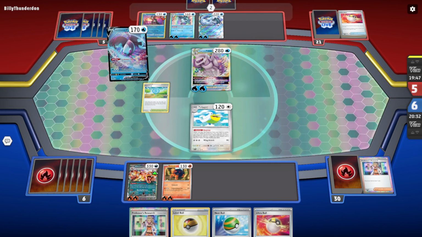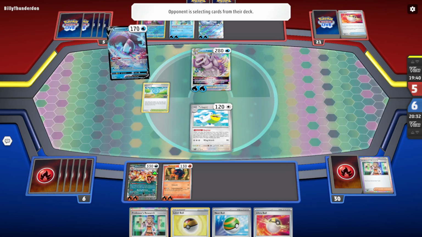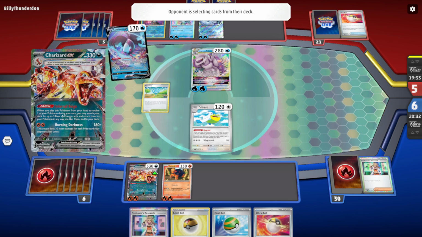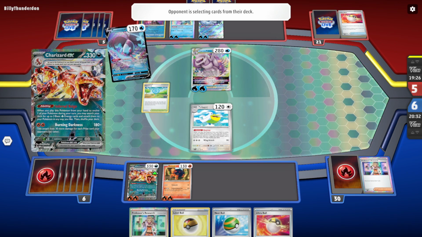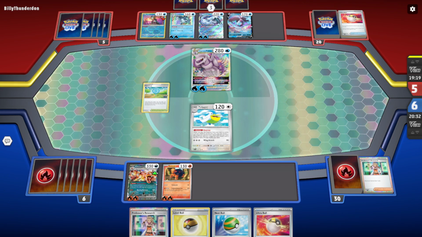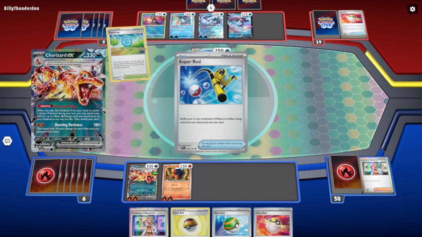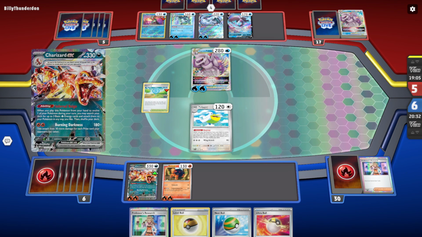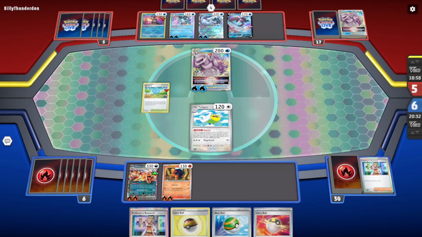Okay, well, you're doing a lot of stuff. The whole goal of this is to get a Charizard EX out there. But it may be better for me to have a couple more Pokemon knocked out first, so that he's taken more prize cards, and also he is burning through his deck. If I stall long enough...